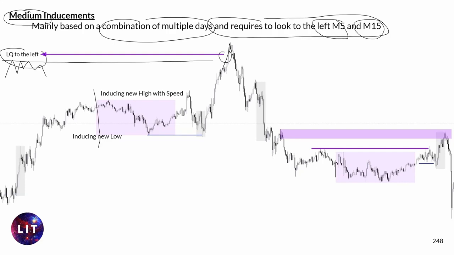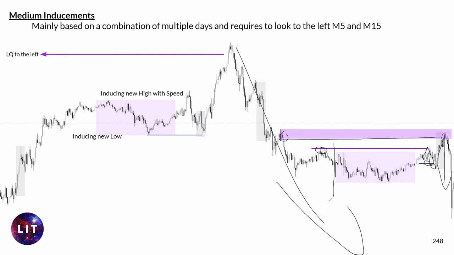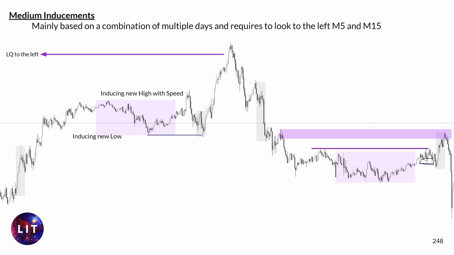Okay, same thing with being in here. If you can see, this day starts in here. This is a major point which obviously gets induced later, pullback, and then of course a minor inducement on an intraday level, inducing low. This becomes a decisional point in here. After inducement, it gets into it, mitigates it, and then can go lower, and then you trade in line with the overall trend, heading towards those areas in here and grabbing those liquidity areas. Okay, so medium becomes like outer intraday structures and higher time frame structure, and minor is everything that has a minor impact on the same day, being the 1 minute or the M5 minute. Okay,